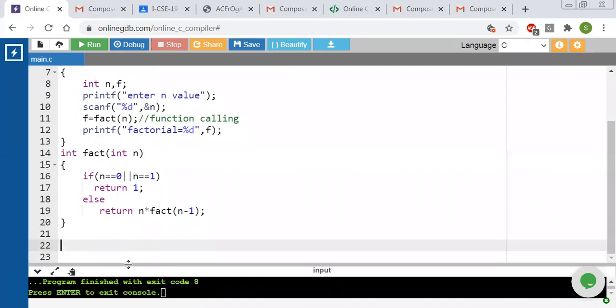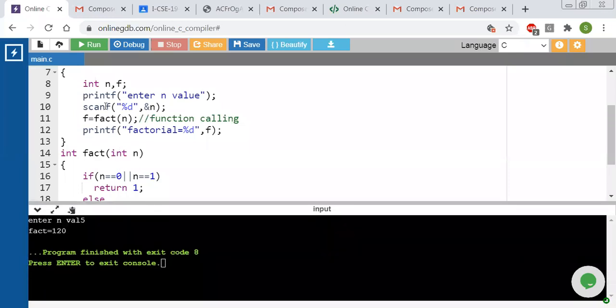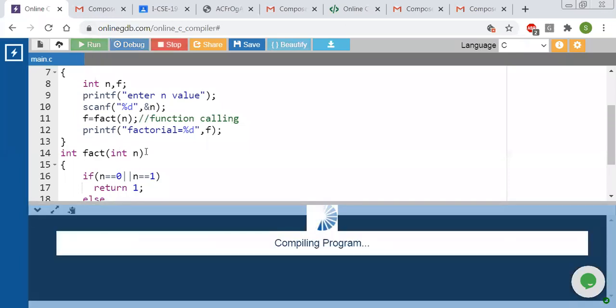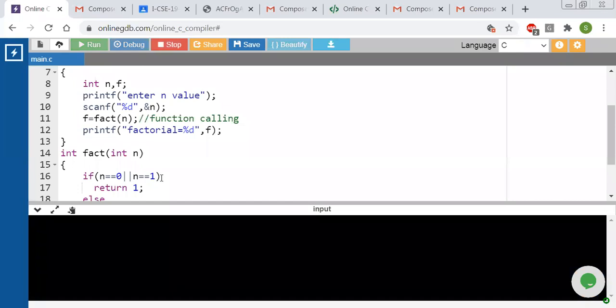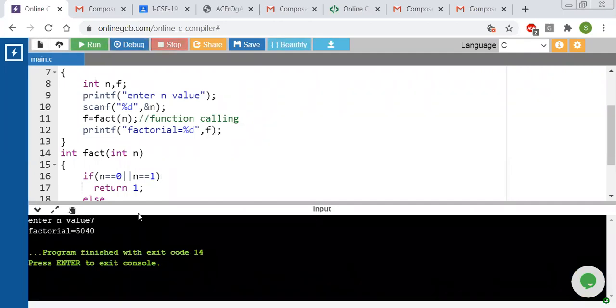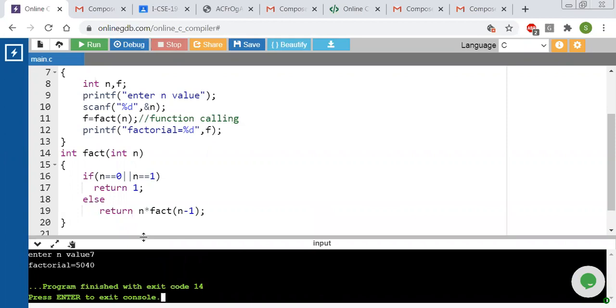So let me execute this one first. It is asking for a value, so I'm giving it 7. So the factorial is 5040. This is how we have to implement our factorial value with the help of recursion.